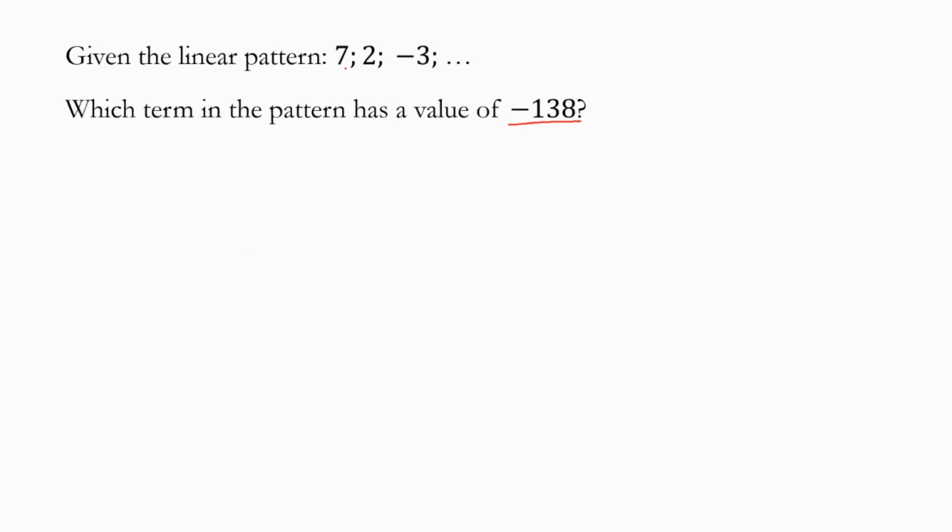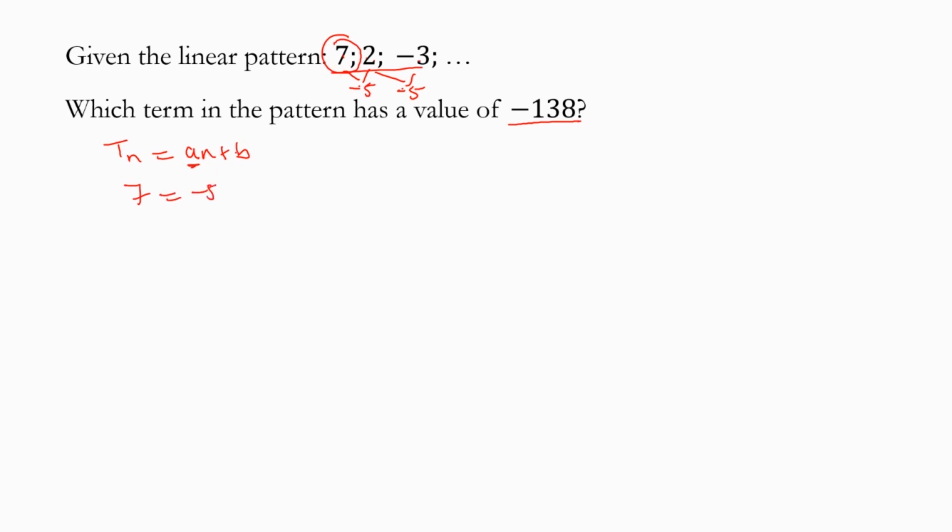Remember we found the nth term, but let me just remind you what we did there. We said Tn is equal to An plus B, where A is the constant difference, and the constant difference here is negative 5. You see that? 2 minus 7 is negative 5, and negative 3 minus 2 is negative 5. And then we use term number 1 to get our B. Term number 1 is 7, equal to negative 5, which is our A,